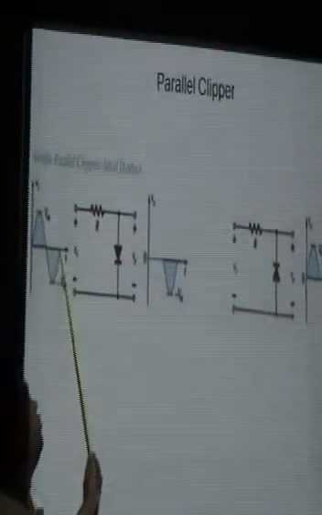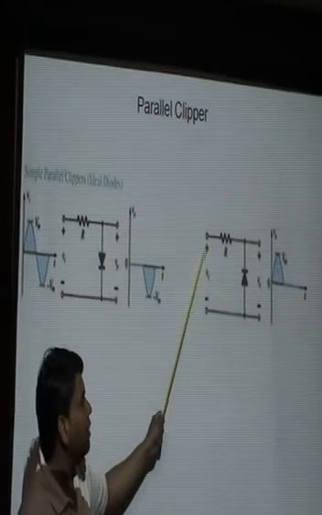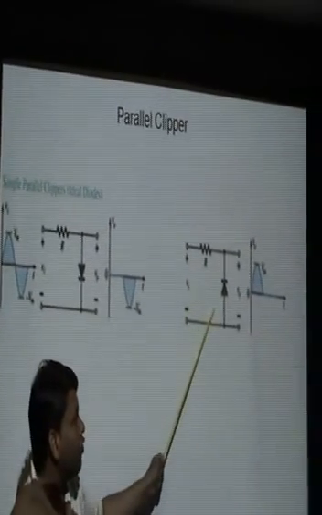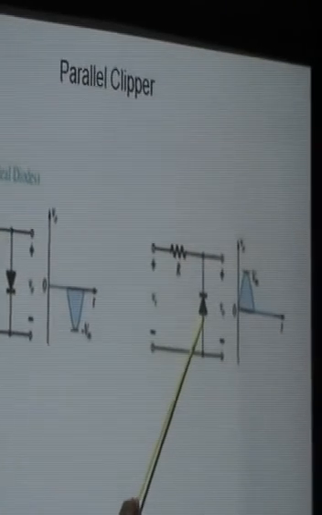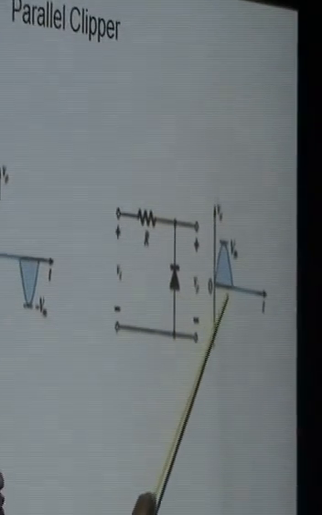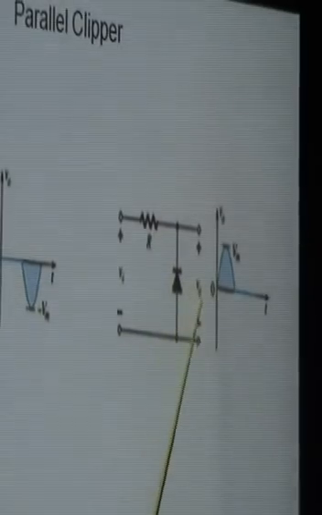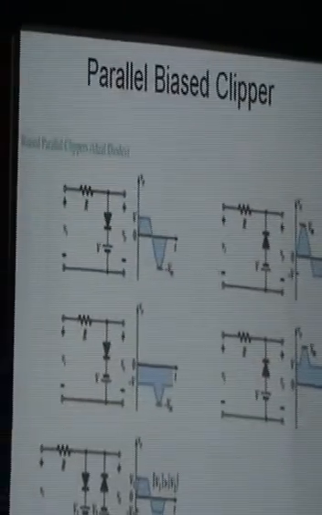While for the negative half direction from pi to 2 pi, the polarity is changed. Negative here, positive here, the diode is forward biased and current conducts. Still, because resistance is 0, the drop is 0 and nothing is applied across V0. So pi to 2 pi, nothing is applied. These are the